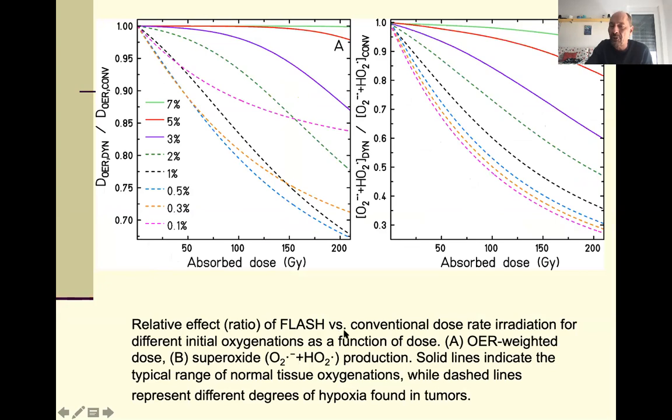the ratio of flash versus conventional dose rate irradiation. And you can show that generally, in the solid lines here, the ratio is very close to 1. So if you use the oxygen depletion hypothesis, it doesn't really fit. It doesn't really explain. You see it quite clearly here. This is the dose weighted with the oxygen enhancement ratio, so with the factor that gives you the enhancement for the